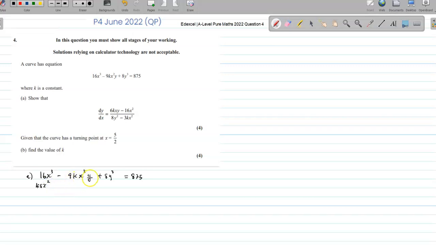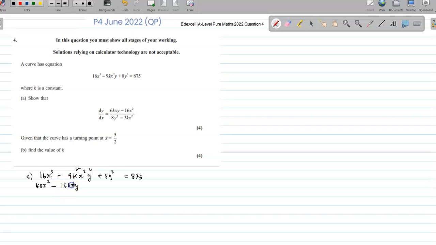We have the x term and y term, so we apply the product rule. So we're going to label the x term here as v and the y term as u. So we would have u dv dx plus v du dx. So in this case, the u term there is y, and then we differentiate the v term, so that's going to give us